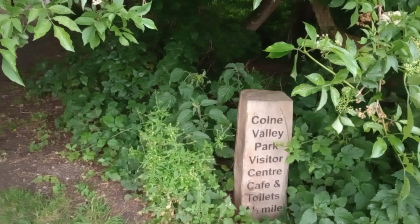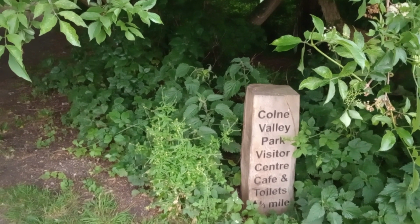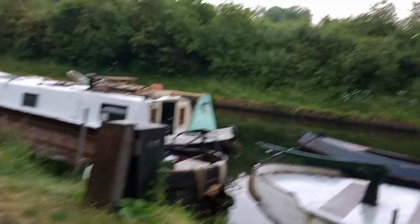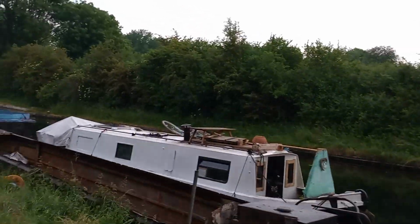There's a sign that says Colne Valley Park Visitor Centre, Café and Toilets, 1/3 of a mile. I like that. I like fractions like a third. Lots of narrow boats moored up